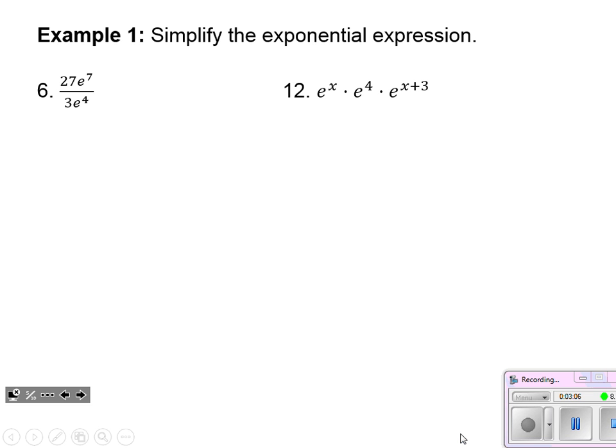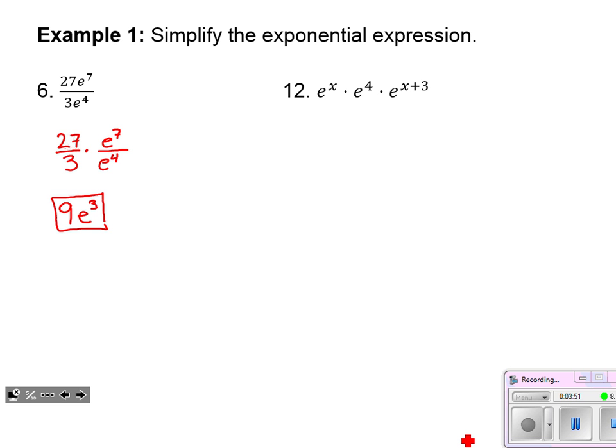All right, so again, just like yesterday, we're going to start working with this number e. Understand that it does mean a number, but it can be incorporated with functions and expressions just like any other exponential term. So we're going to use some of our properties of exponents here. Problem number 6. If I'm going to break this one up, I noticed that 27 over 3, I can simplify that, and then e to the 7th over e to the 4th is being multiplied into numerator and denominator, and we can simplify that. Rules of exponents coming right back into play from chapter 5. 27 over 3 is 9. Then e to the 7th, if I divide out e to the 4th, that becomes e to the 3rd. We subtract the exponents.